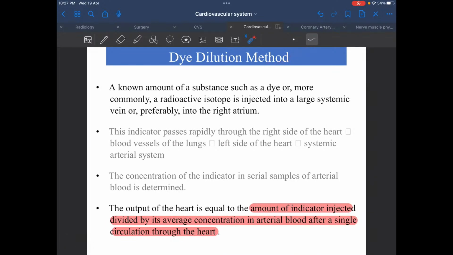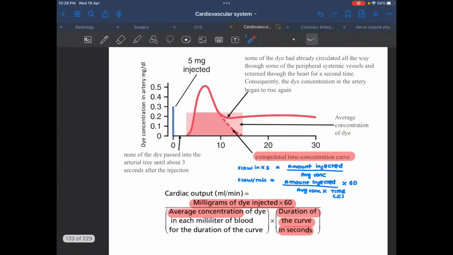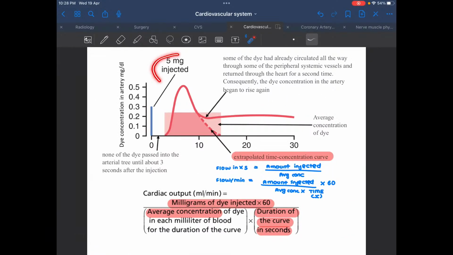So in this, there was a known substance, any amount of substance such as a dye or a radioactive isotope, which you inject into a large systemic vein, preferably into the right atrium. So what will happen is this indicator is going to pass rapidly through the right side of the heart into the lungs, then into the left side of the heart and into the systemic arterial system. And now you basically take successive serial samples and measure the concentration in the arterial blood. The output of the heart is going to be the amount of indicator that you injected divided by the average concentration in the arterial blood after a single circulation throughout the body. Okay, so that is your dye dilution method, that whatever amount we injected,